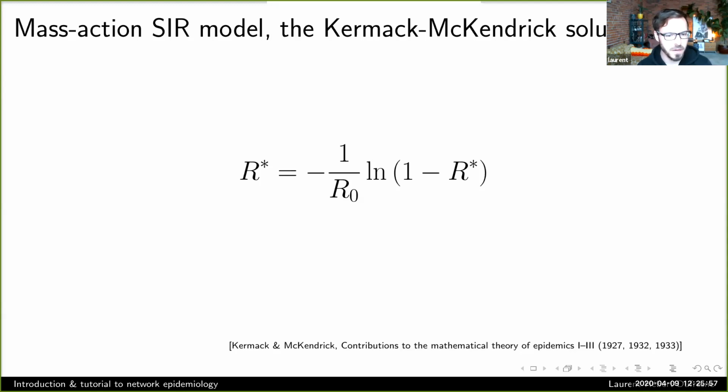You have the reference here at the bottom. It's a little more complicated because it's a transcendent equation. It's harder to solve, but it gives you the same behavior. There's an epidemic threshold at R naught equal 1, and then growing epidemics when R naught gets bigger and bigger from there. And that's still, to this day, the solution that a lot of people are going to use early on. That's why there's a big focus on R naught.